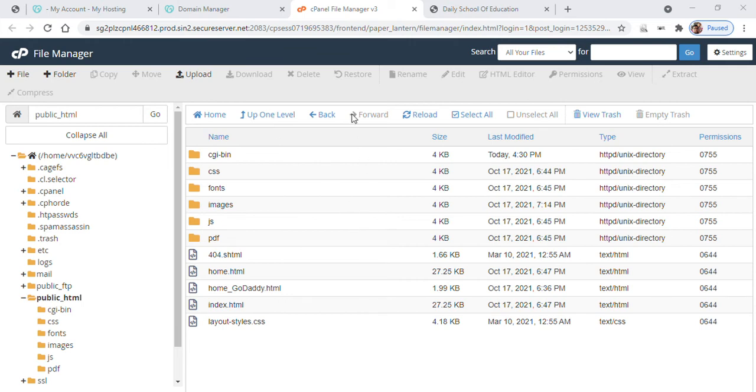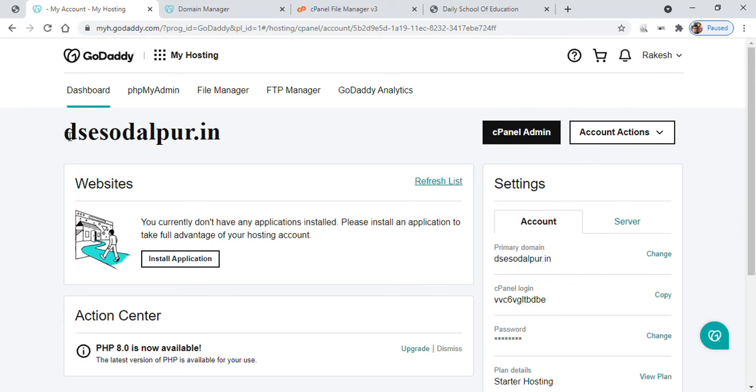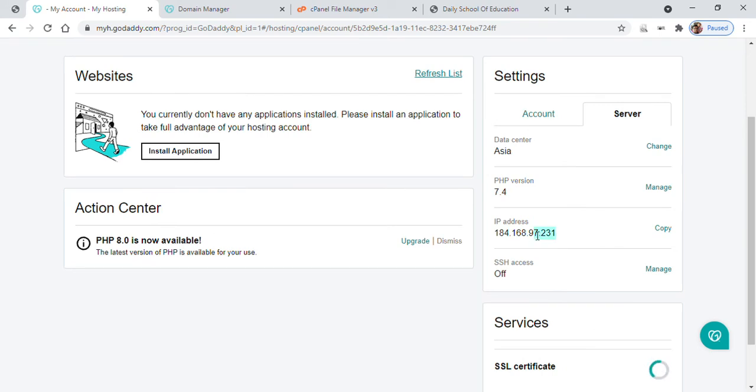Another way is, let's see, many times this happens with me also. All file names were correct but still I was seeing this issue, and to fix it, what I did is, you just need to go to your domain, the website hosting environment, and you can see this is my hosting environment where you see the server. In server, see the IP address. This is the IP address.